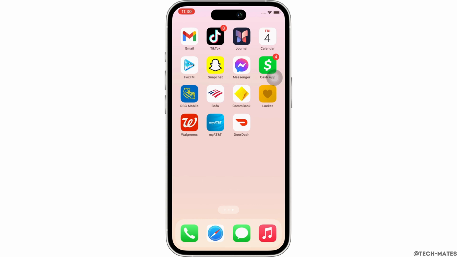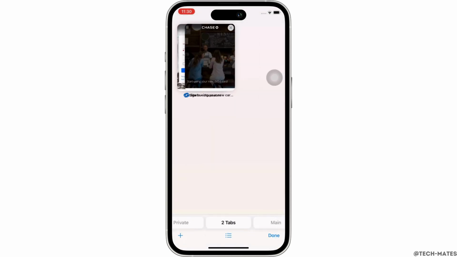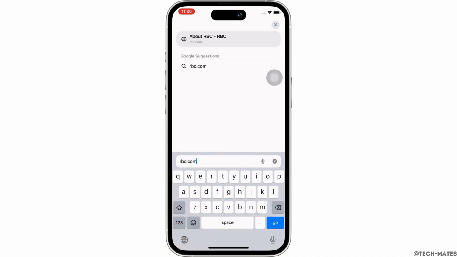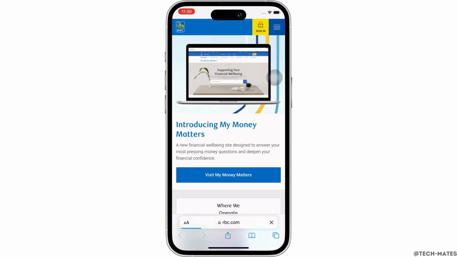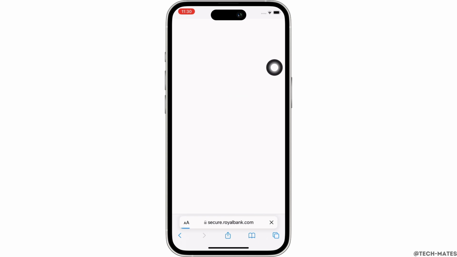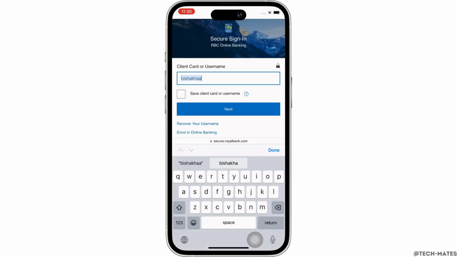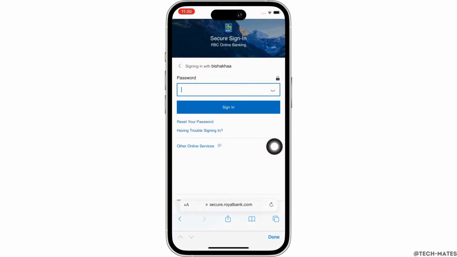Now let's get right into the tutorial. Firstly, go ahead and open your preferred browser and in the search bar, search for rbc.com. Now, tap on the sign in option on the top right of your screen and further enter your login credentials, that is, your username and your password, and then tap on the sign in button in order to log yourself